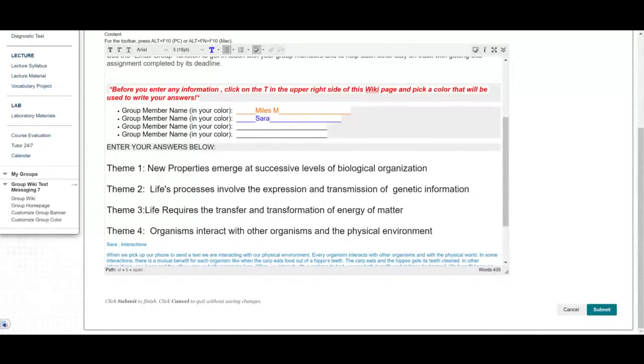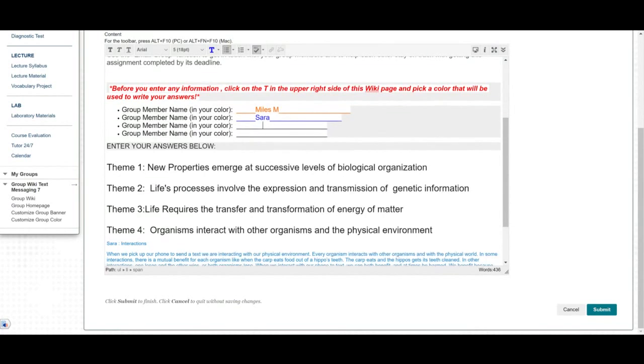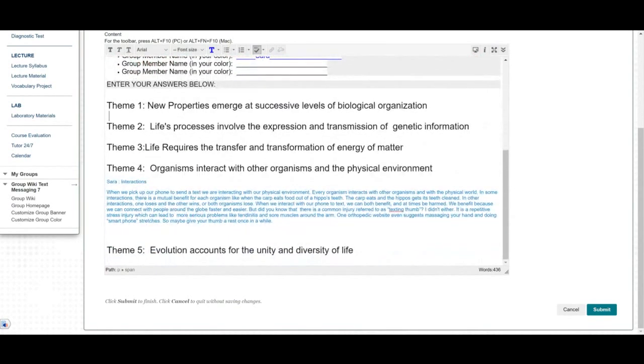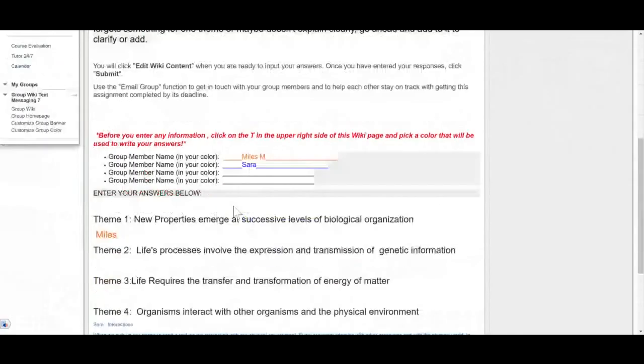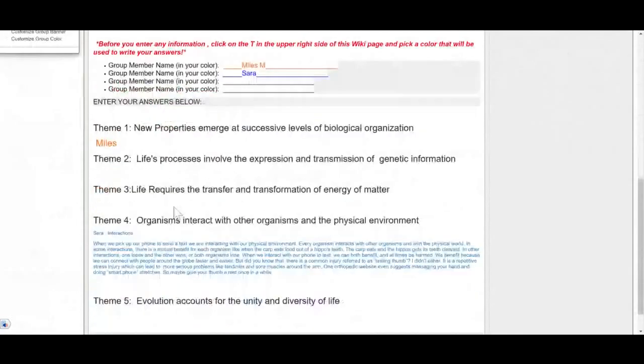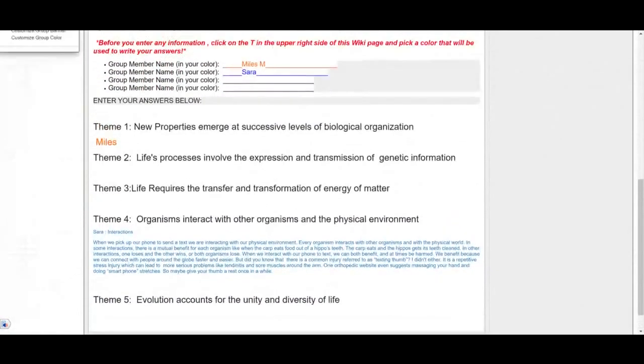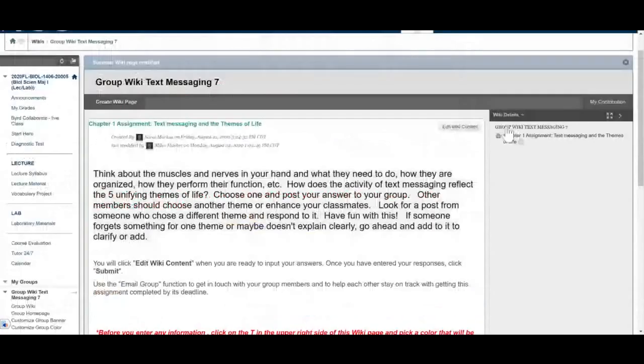Okay, so what Miles can do now is he can say, well, I want to talk about theme 1. So Miles, just go down here under theme 1 and just type in orange. You don't have to type anything, an answer yet. Okay, and then when he's done, he can come down here and hit submit. So Miles, you can go ahead and do it because you can go back and edit more later. You can hit submit. Okay, so now if you scroll down, you're going to see Miles's answer and Sarah's answer. So then if Miles wants to add more, or if someone else in here wants to add, go ahead, scroll back up. You can hit this edit wiki content again,